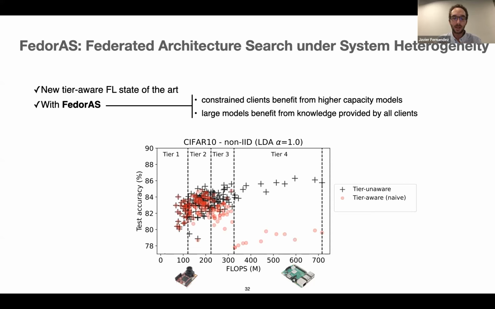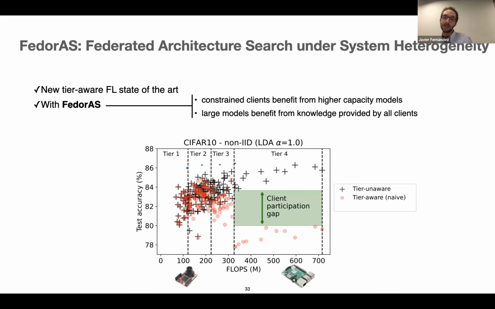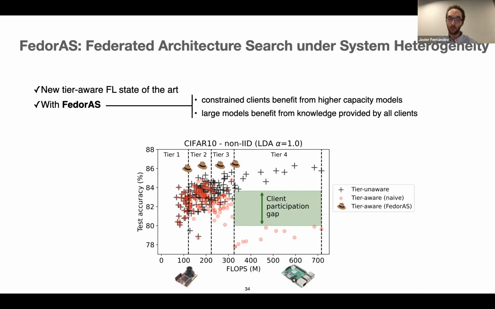But the reality is that maybe bigger models cannot be trained everywhere. For example, here, models that are tier 4, we say can only be trained on 25% of the clients. Because of this, these models are only exposed to 25% of the data. So they perform very poorly compared to much smaller models that can be trained on all clients. And we call this the client participation gap, which we can solve with Fedoras thanks to the supernet,